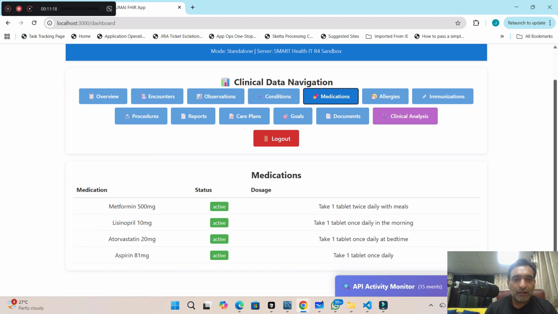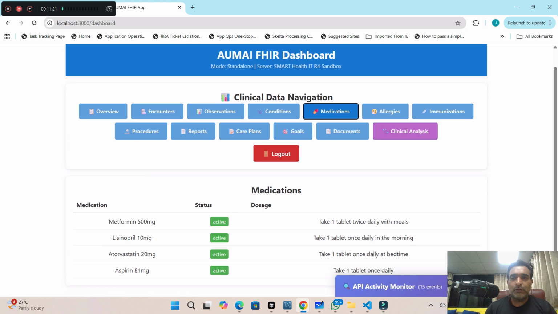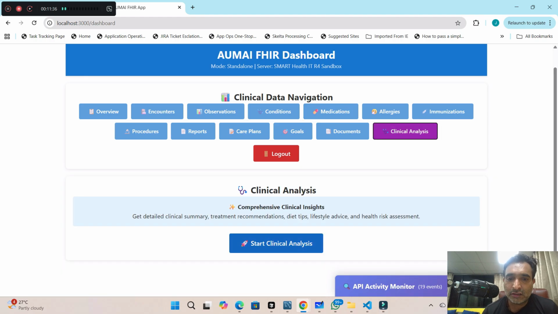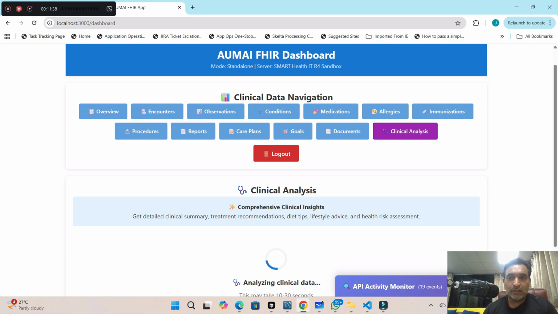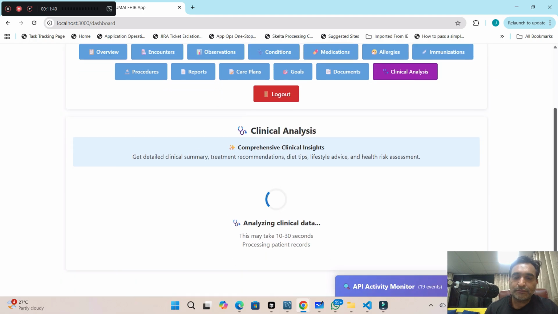Okay, now what we can do is, this is a feature that I have built in this FHIR app, where now you have all the patient's information. Now you want to do some clinical analysis on that patient's entire information. So I just hit clinical analysis. I do start clinical analysis. This may take some time